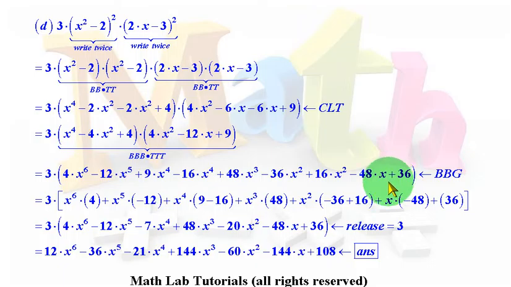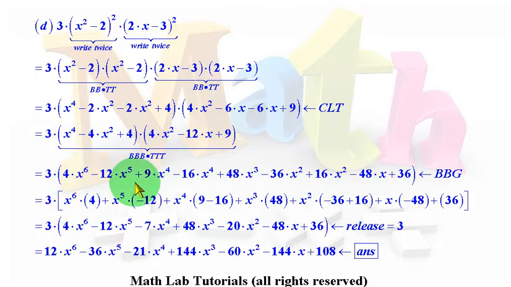And we've exhausted the third bullet. At this stage over here, we continue to drop down the 3, and we're going to use backward bin gathering to gather up like terms. The highest power is x to the power 6, so we start off with x to the power 6, and